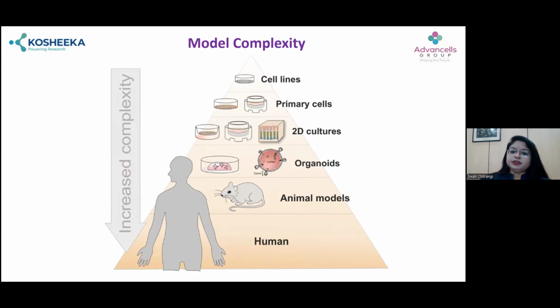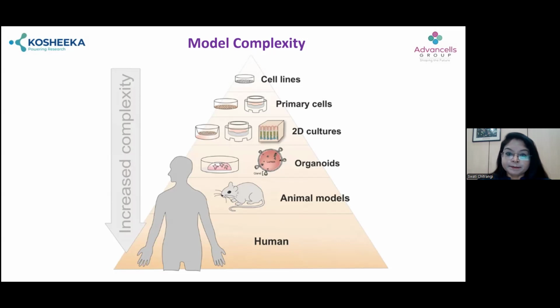But the only problem with animal models is that there are species-specific differences from humans. And then human, the ultimate goal for all these disease and drug discovery processes. Human is the most complex model to study, which we use in the final stage of the drug discovery process,